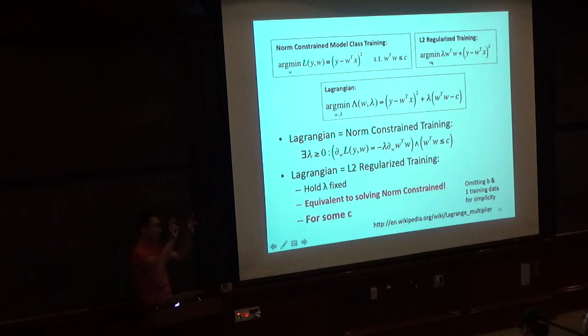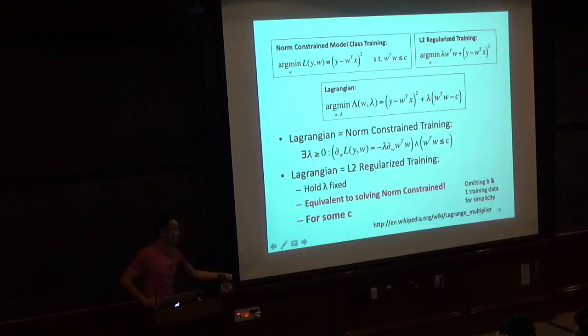So the most, I don't know if I should use this word in class, but the most mathematically anal way of doing this is if we start with this as our interpretation, because this is the one that's cleanest in terms of the conceptual interpretation, then the way we control for overfitting is we set the C on the validation set. And so then we would solve the Lagrangian by solving for both W and lambda on the training set for a fixed C, and then varying C on a validation set.